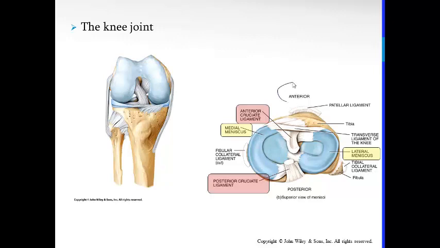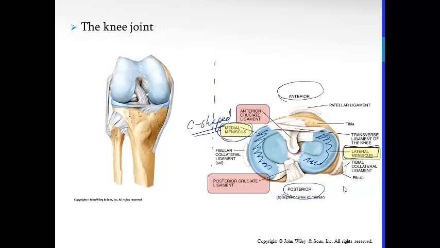If we orient ourselves, anterior versus posterior, here is our medial part. The medial meniscus is what we call a C-shaped fibrocartilage padding, cushioning pads. And the lateral meniscus is an O-shaped